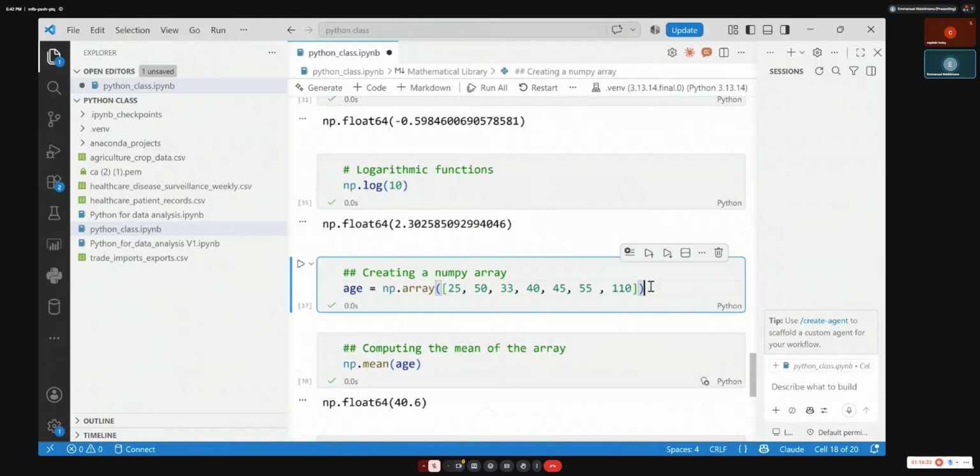Let's say this is the age of people in one family. In your family, one person is 25, another is 50, and maybe your grandfather is 110, for example. Someone from the Ministry of Health or Ministry of Education asks, what's the age in your family? Just give me a rough number, the average age of your family. He will not specify if he needs mean or median or mode.